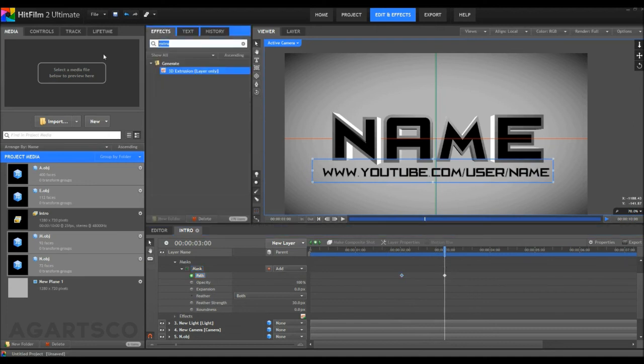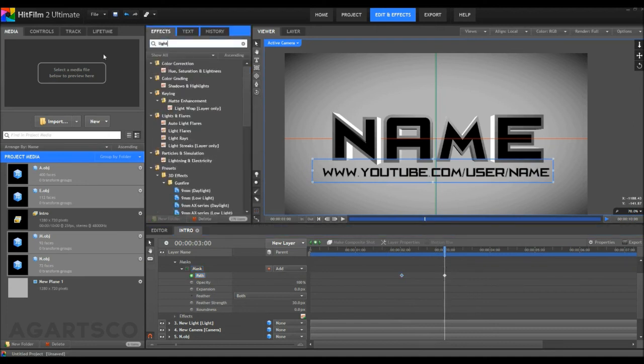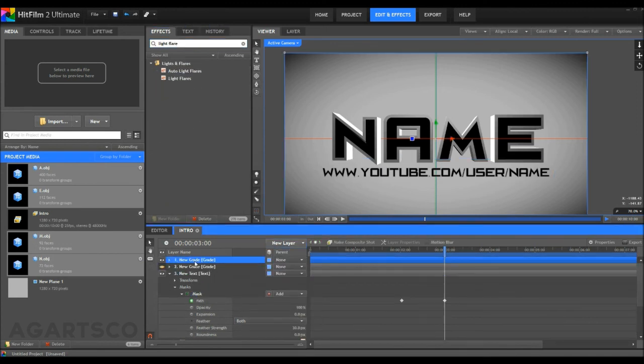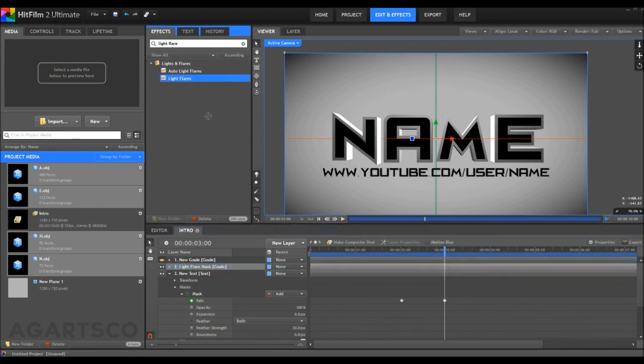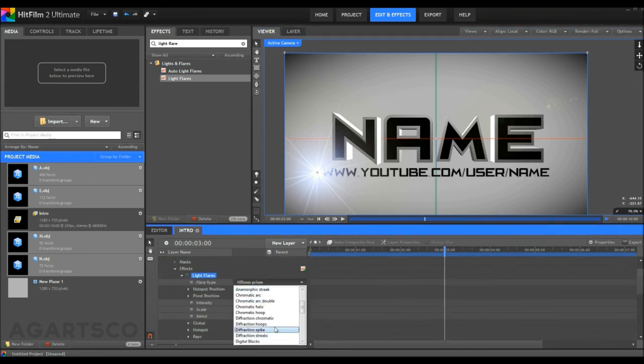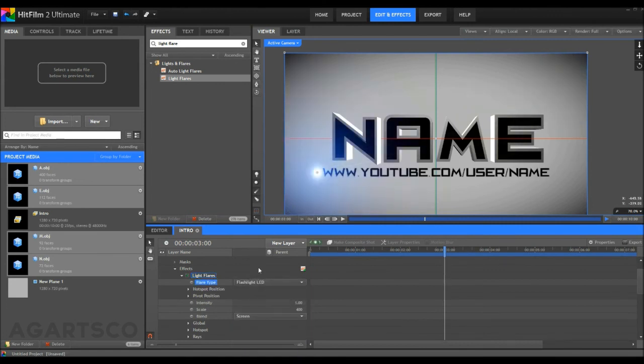What I'm going to do now is add another light flare, and I'm going to place this onto another new grade. And I'm going to title this grade light flare mask. Once again, I'm going to drag that under the grade with the shake, and I'm going to place this one to the left of the URL text. And I'm going to change this to flashlight white,